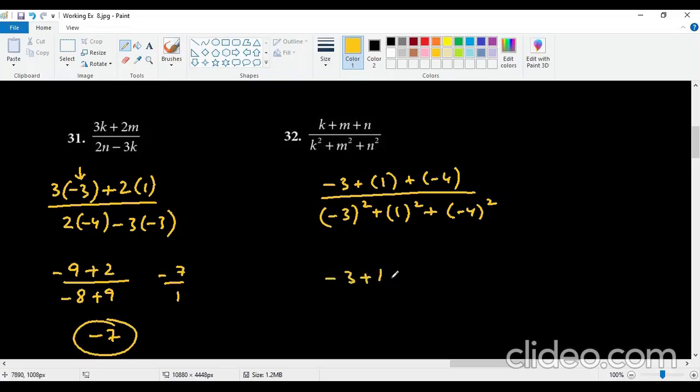So this gives you a negative 3 plus 1 and minus 4 divided by, this gives you a 9 plus 1 and plus 16. So this gives you negative 4. So 1 minus 7 over 26. So your final answer for question number 32 is going to be,